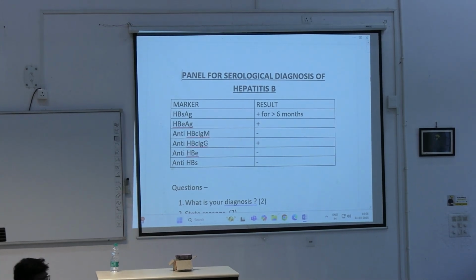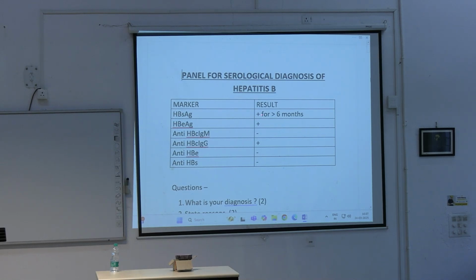So this is your first panel. Panel for serological diagnosis of hepatitis B. Okay? So in the left column there are markers and the results are encrypted in the right column. So first panel shows that